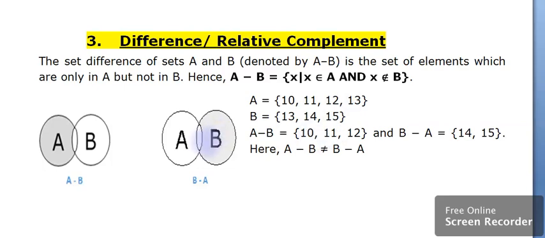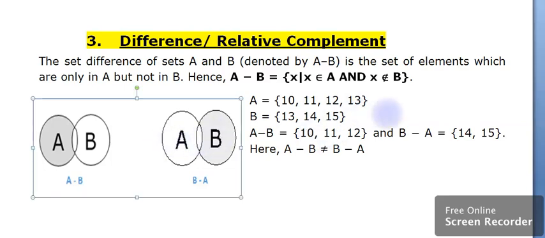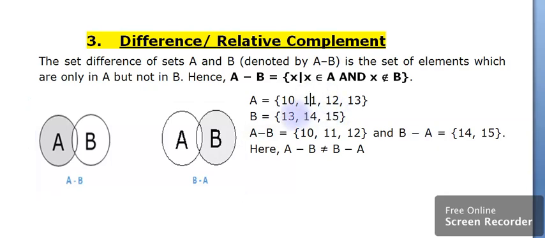Now come to B minus A, which is the reverse of A minus B. Now I am taking the set B and removing the elements which are in set A. 13 is present in A, so no need to write it again. Then the remaining are 14 and 15. Okay, so from this we are inferring that